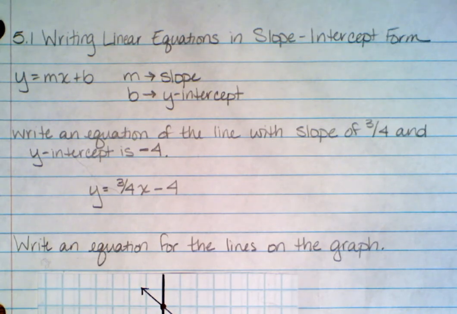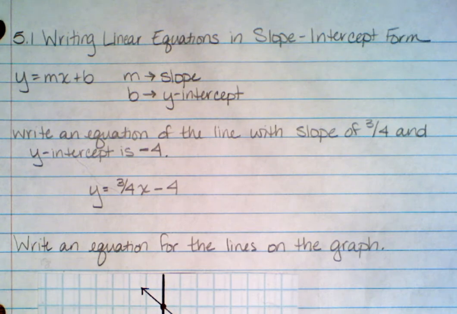Today's lesson is on section 5.1, writing linear equations in slope-intercept form. So we spent quite a bit of time in chapter 4 looking at how we graph equations by making tables, by using intercepts, and then eventually we got into looking at how to graph equations by just knowing the slope and the y-intercept. And so now we're going to start writing some equations from graphs in slope-intercept form, and eventually